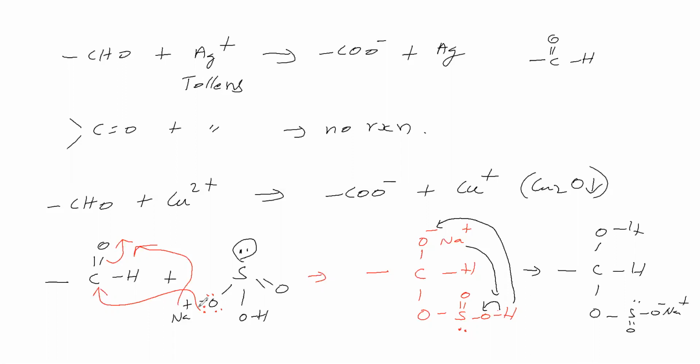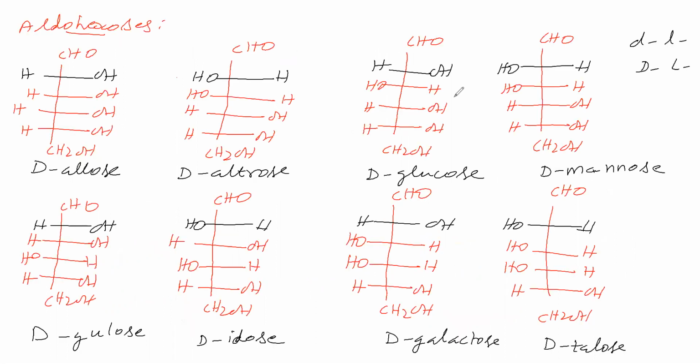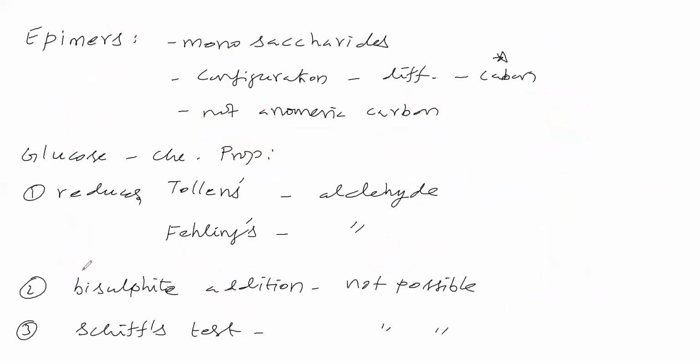Now we will come to glucose. Let's see the glucose structure. What structure have we discussed for D-glucose? In the D-glucose structure, the aldehyde is a functional group. The second carbon is a chiral carbon, third chiral, fourth chiral, fifth chiral. The sixth is not chiral; it is CH2OH. So it is D-glucose. We have written an aldehyde functional group in D-glucose. So now we will see that glucose reduces Tollens reagent.